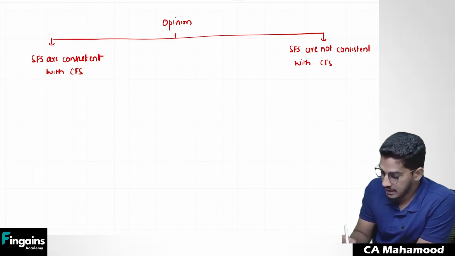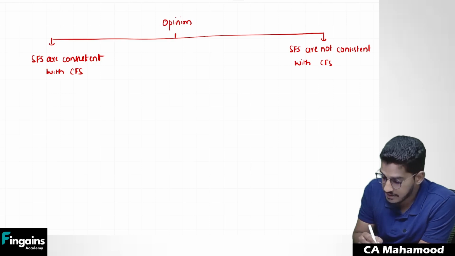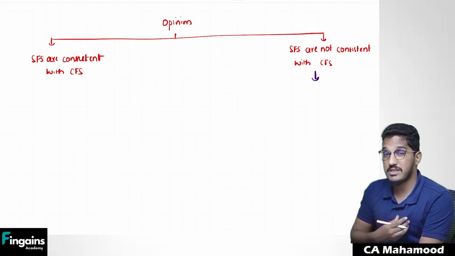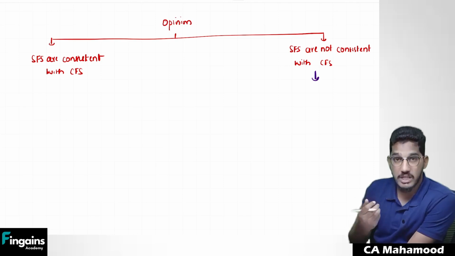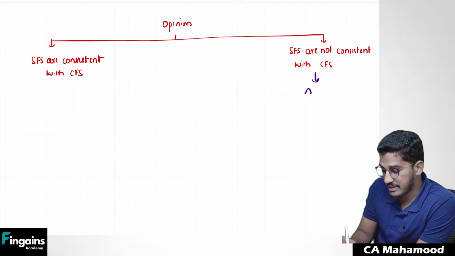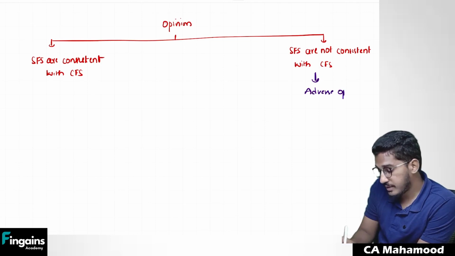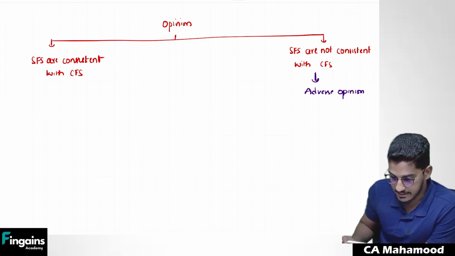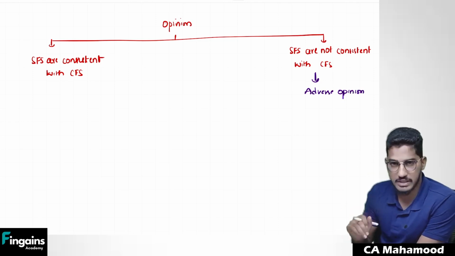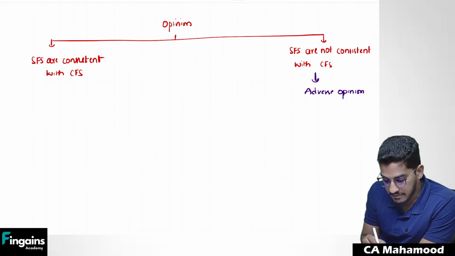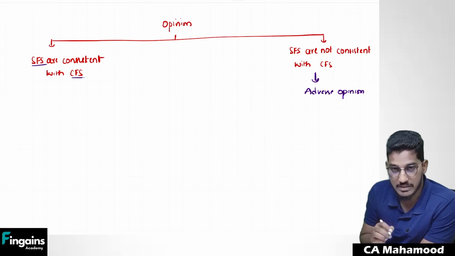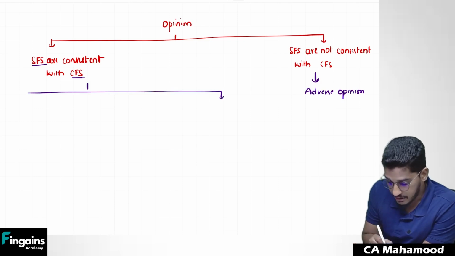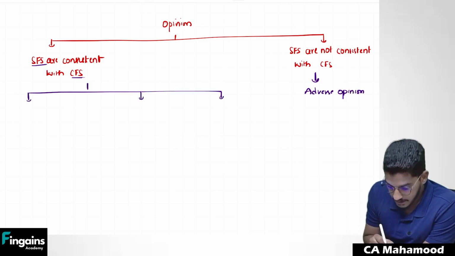If you came to know that summary financial statements are not consistent with the complete financial statements, they are not matching, and management is trying to mislead people by presenting wrong information in the summary financial statements, SA 810 says directly give an adverse opinion. Directly give what? Adverse opinion. Clear? Next. Coming to the next case. Sir, summary financial statements are consistent with the complete financial statements. Whatever information is there in the complete financial statements, the same information is summarized in the summary financial statements. In those cases, I need to check then what is the opinion on the complete financial statements.